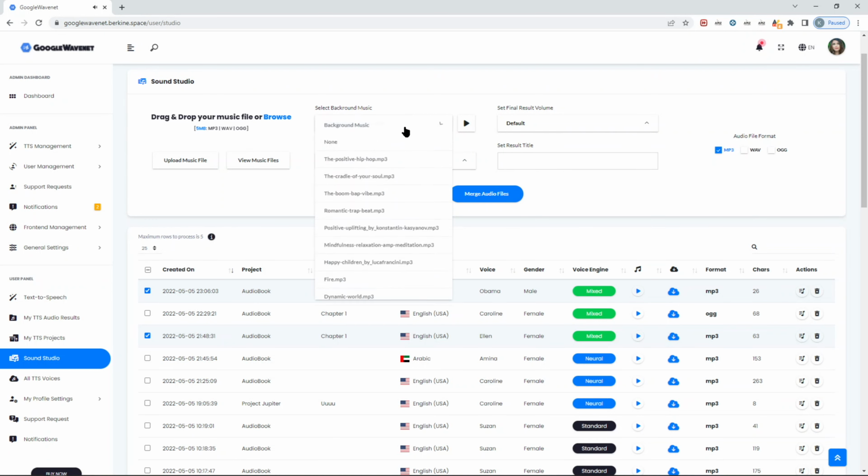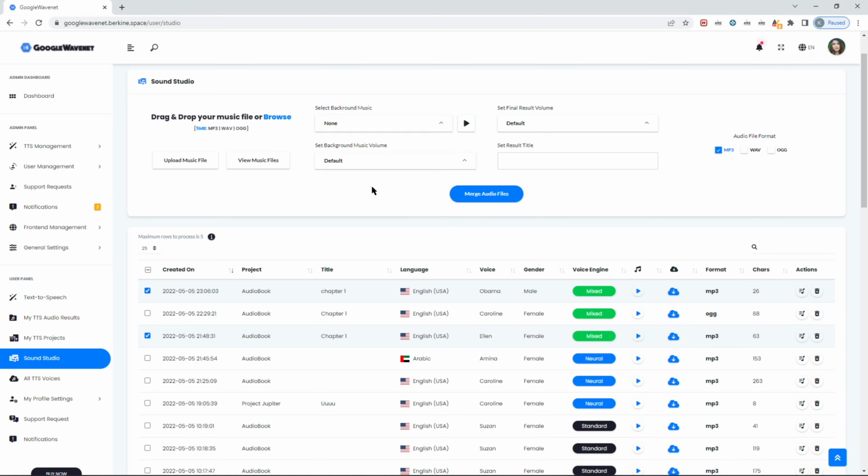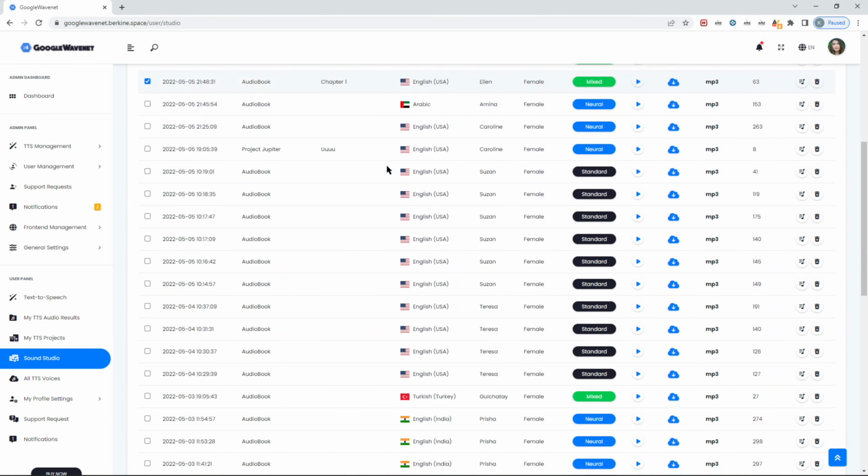Let me show you, first of all, just merging two files. And if I click merge audio file,